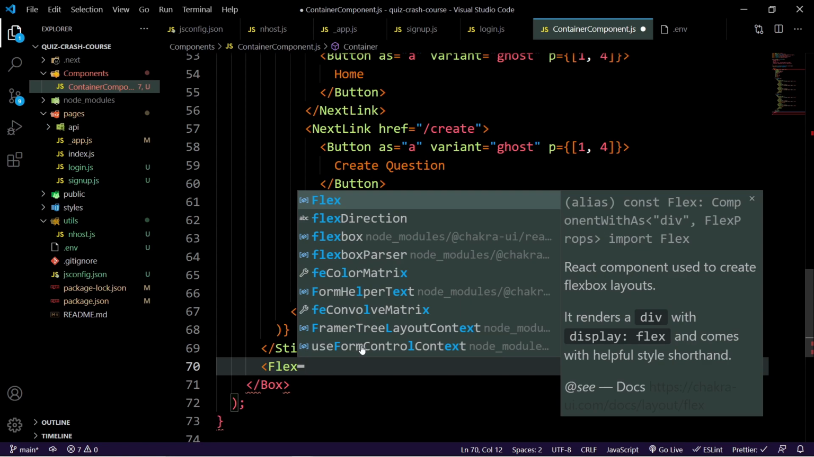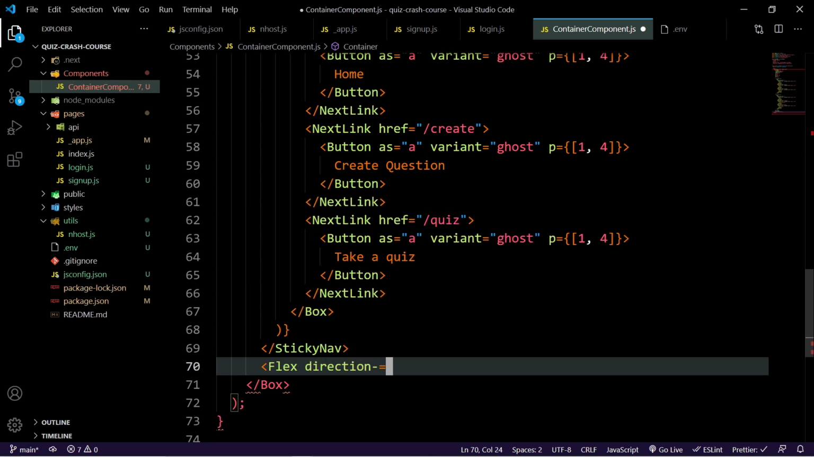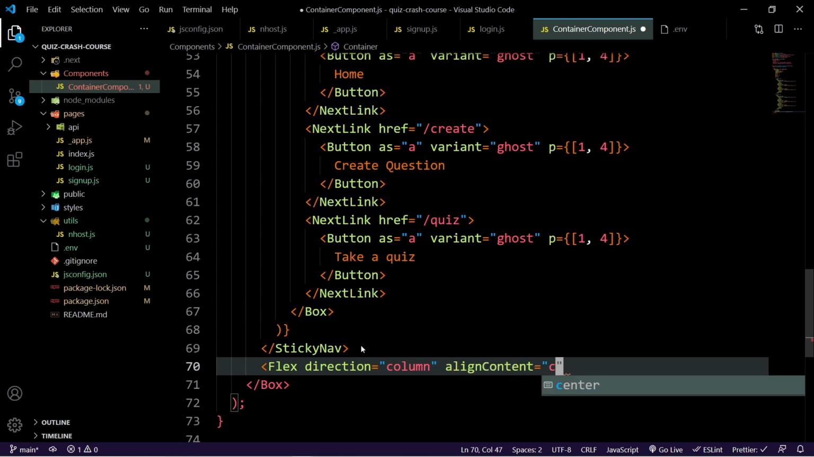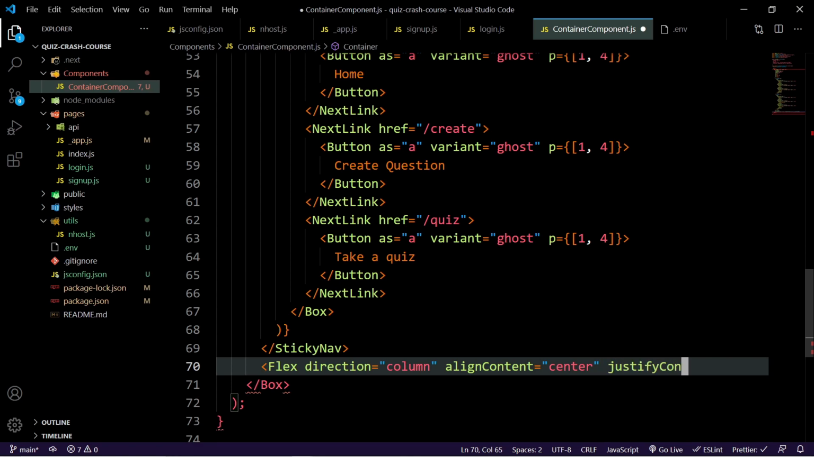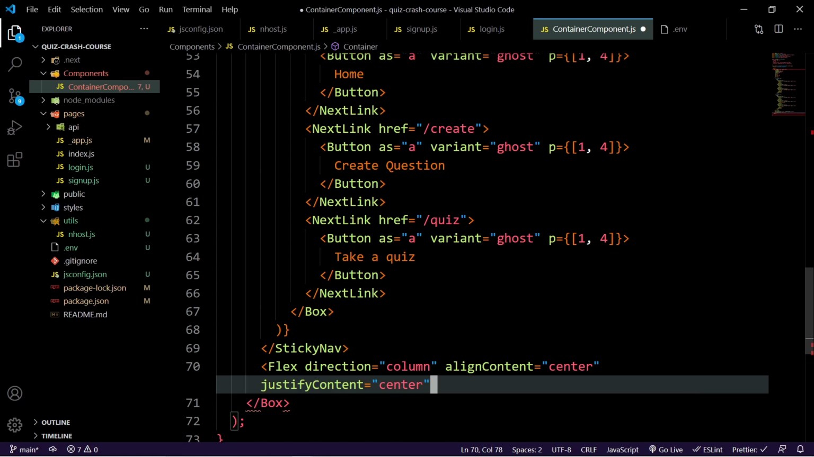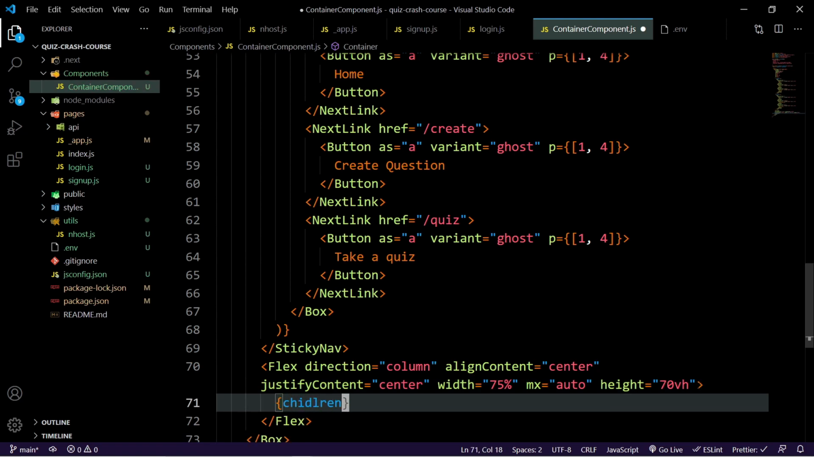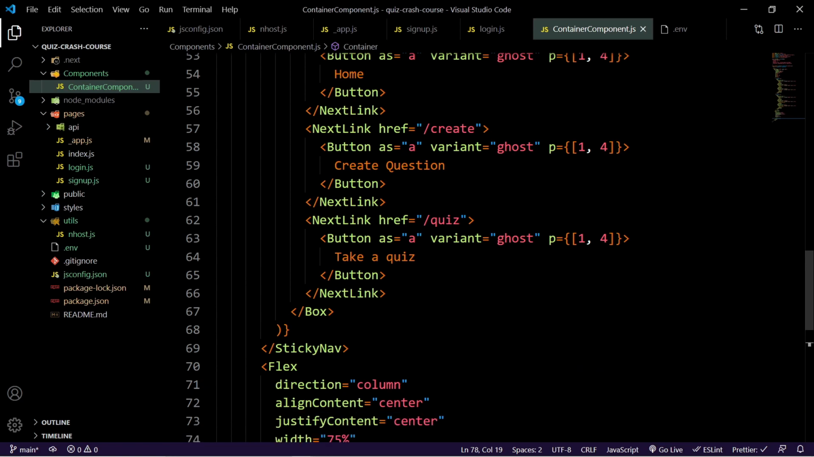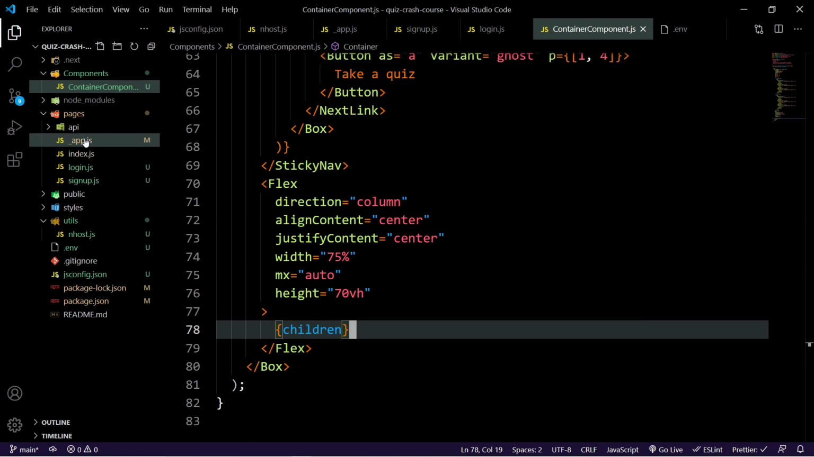So now underneath that sticky nav, we can create a flex here that's going to take care of everything else that's passed along with it. So we can just say flex direction is column. We can say align content equal to center. We can justify content equal to center. We can add a width here of say 75%, and we'll use mx equals auto. And we'll set the height equal to 70 of the viewport that they're in. And then we can close out this flex tag, and inside of here we can just do children. And that will just display the children, which could be the login page, the sign up page, the app page,